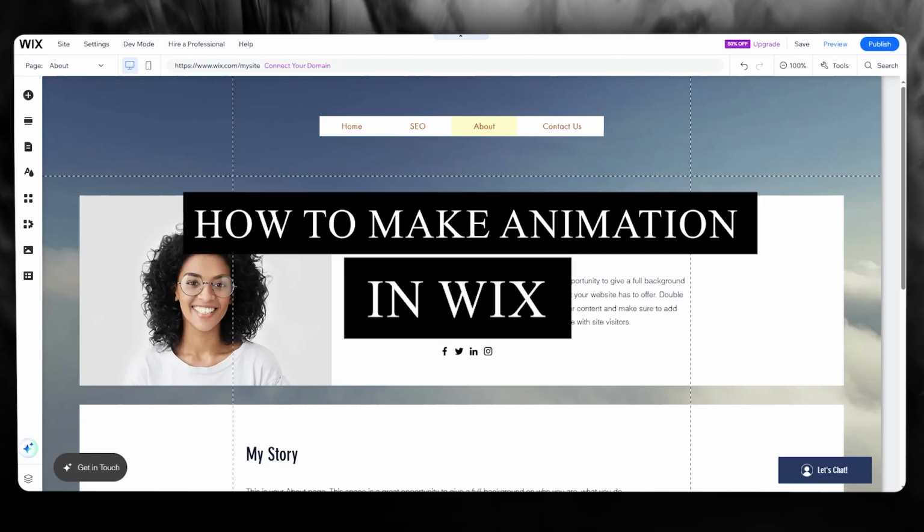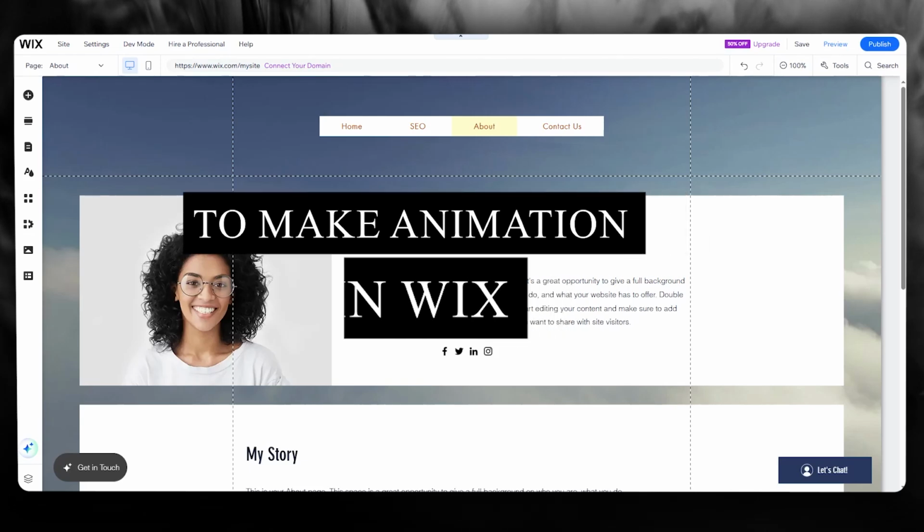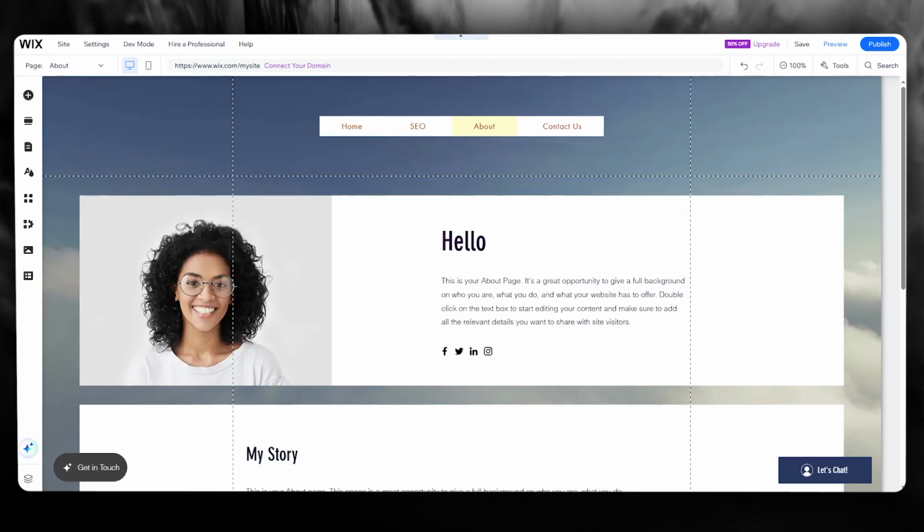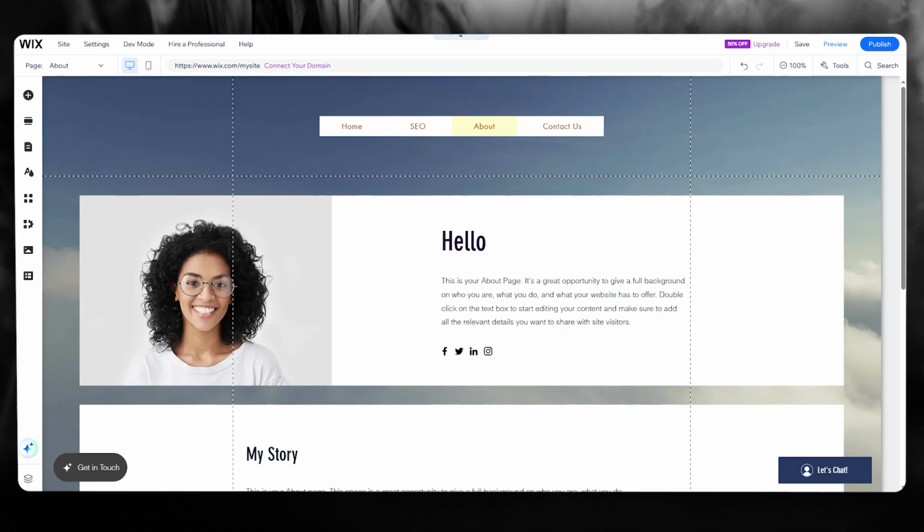How to make animation in Wix 2025. In this video, what we're going to be doing is making an animation in Wix and seeing how it actually works and pans out. So to do this, you're going to come over to your website editor,